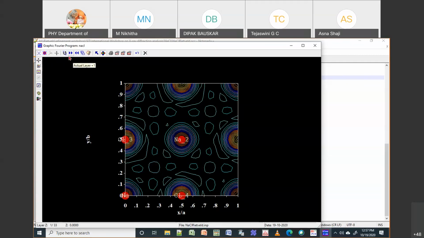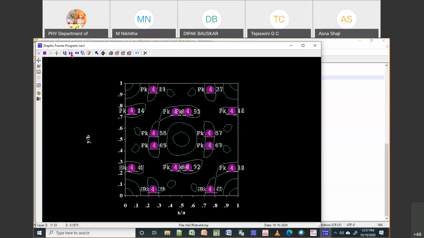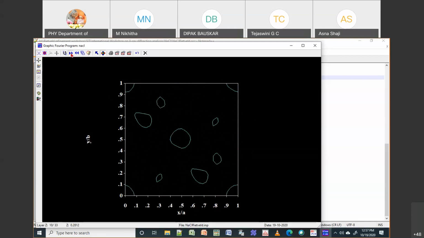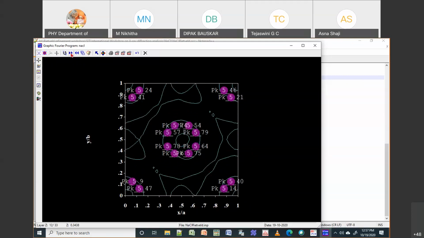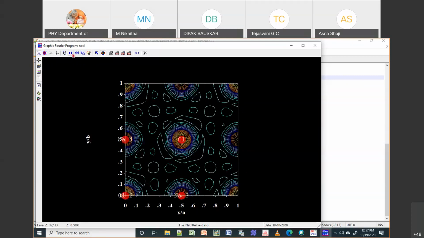Then you can go from one layer to another layer. You are having different layers, so you can change that by doing this. You can see that it is changing, from one layer to another layer. So now you are in a different layer.